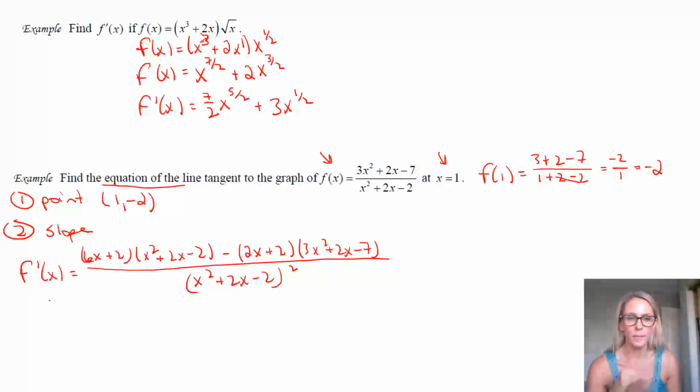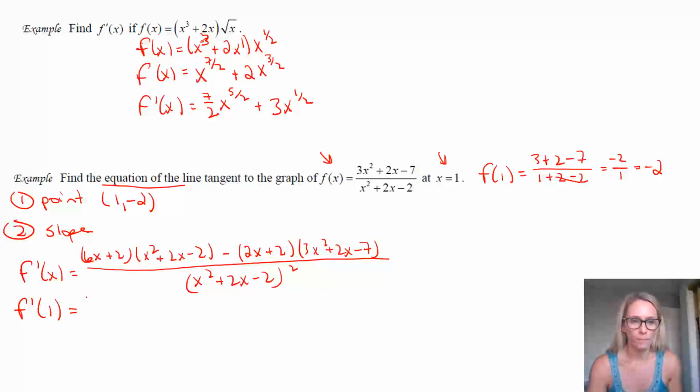So here's where I'm saying you can make it a little bit easier. There is no reason to spend time multiplying this out, doing a whole bunch of work, because all you need to know is what the slope is at that point. So you can just plug in 1 to this derivative and get your slope without having to do a whole bunch of simplification first. There's no reason for it. All you need to find out is the value at 1.